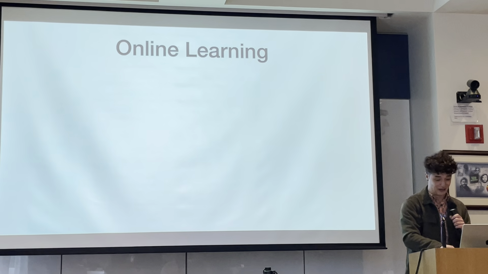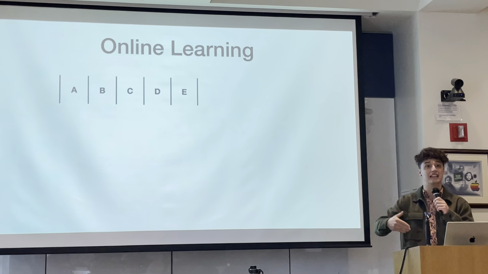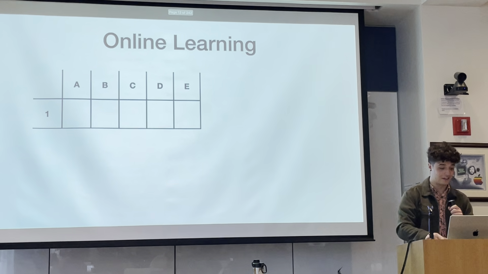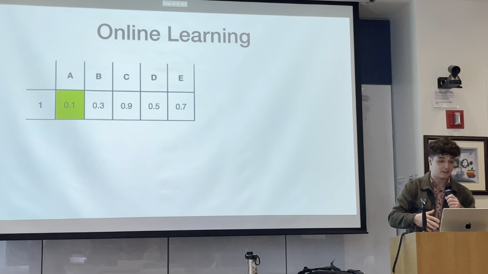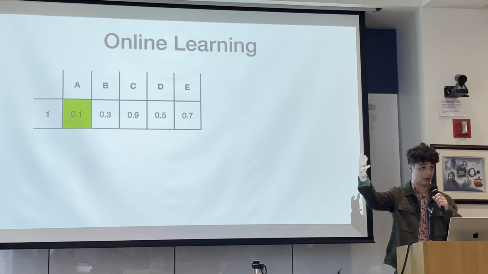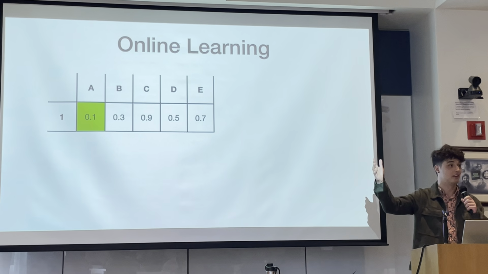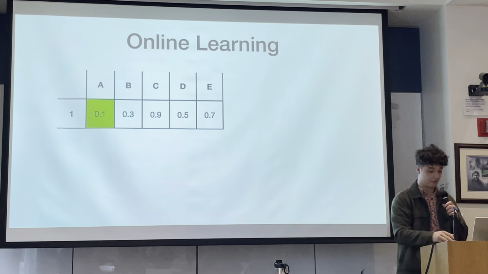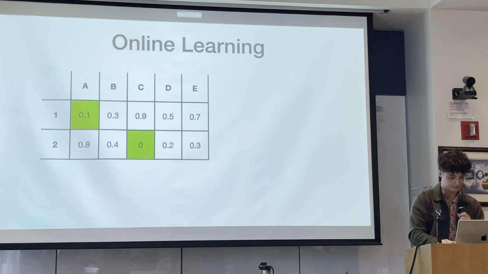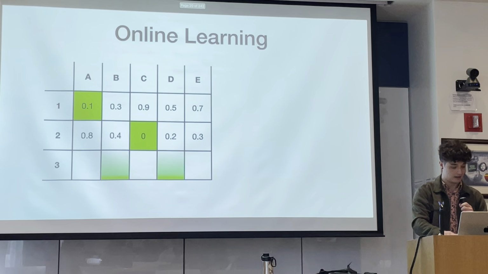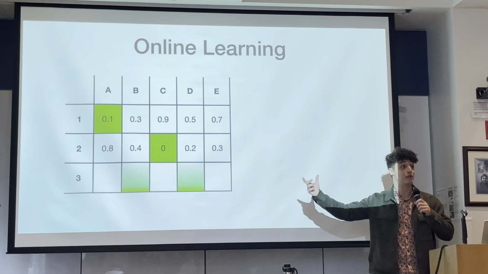In the setting of online learning, we have some sort of menu of actions, and we're going to repeatedly choose an action. So at every single time step, we're going to make some sort of choice, and then we're going to observe some sort of reward that our choice rewarded us, our action got us, as well as the rewards of all the actions we didn't select. Okay? So the setting of online learning is repeatedly making these choices, somehow adapting from what we've seen, trying to pick the best action. Allowed in this setting is a selection of a random distribution over the actions.